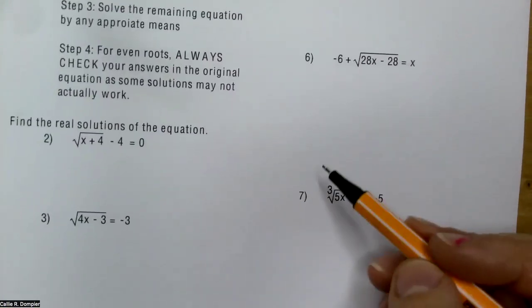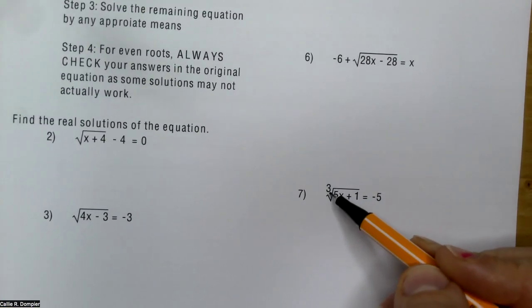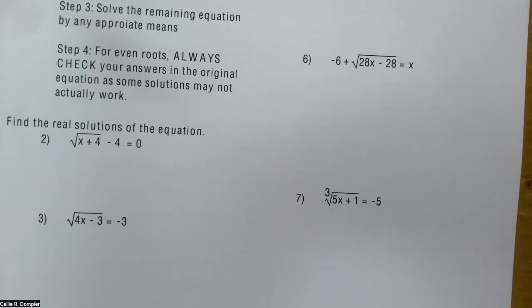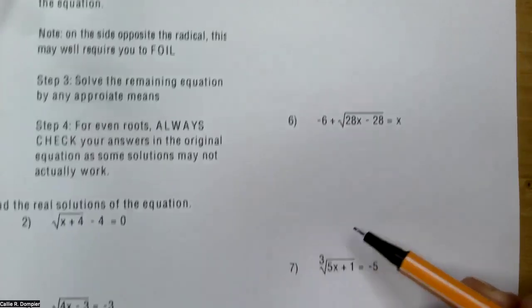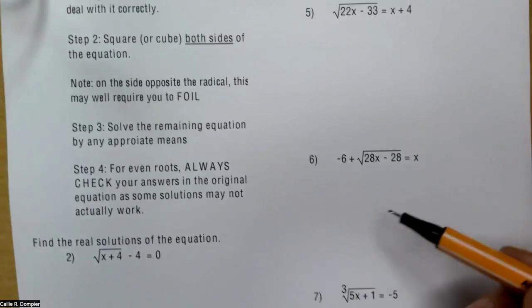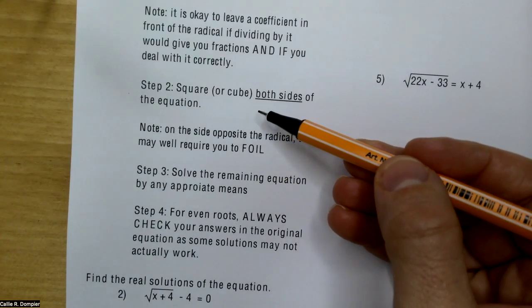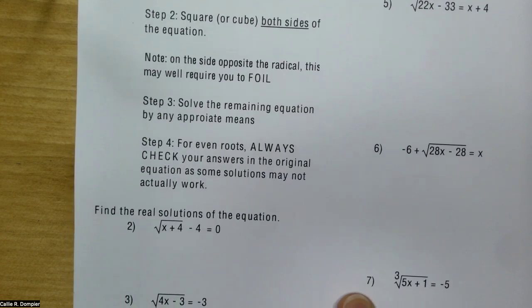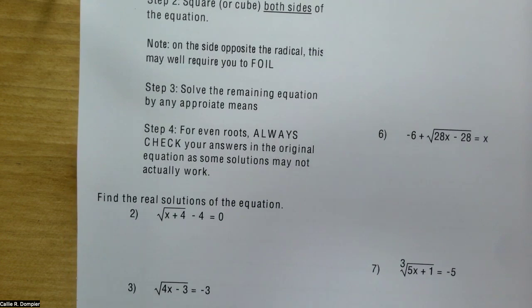You would cube both sides of the equation if you're taking the cubed root, right? If you're taking the cubed root, cube both sides. If you're taking the square root, square both sides of the equation. And it may require you to FOIL to square both sides of the equation. Solve the remaining equation and then check your answer because for some radical equations, the x value that you get